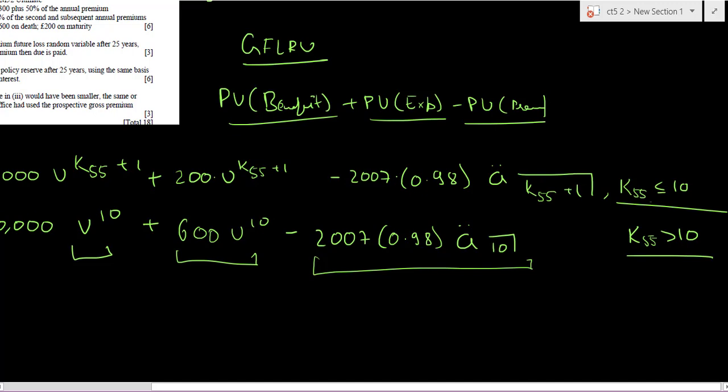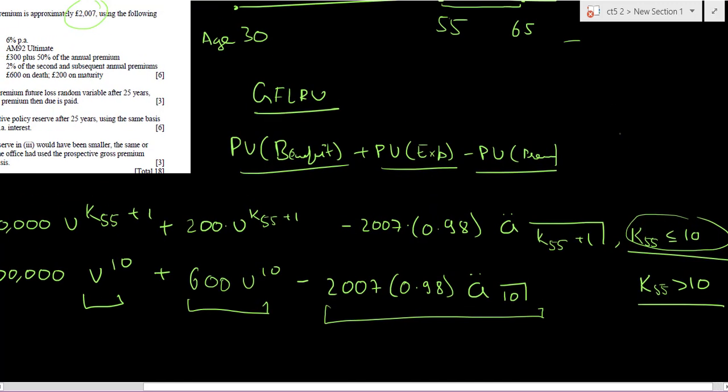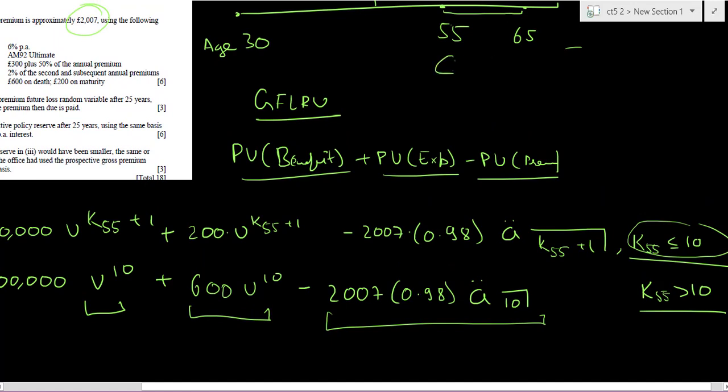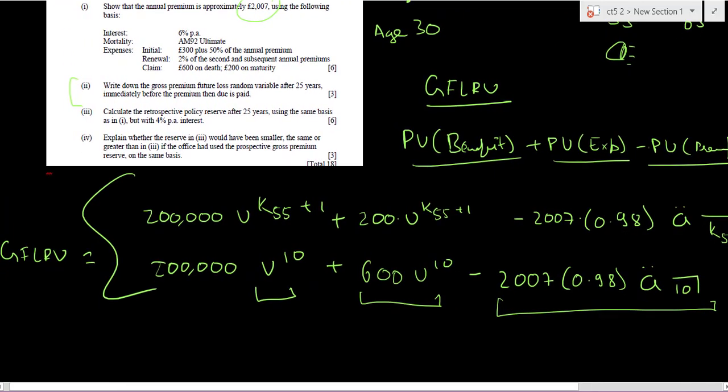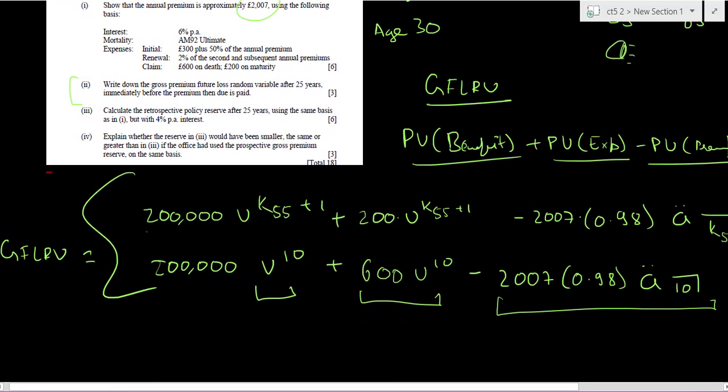So either this person dies during this duration, in that case K55, that is his current age is 55, and we are calculating it at this time looking in the future, so K55 would be less than or equal to 10, or if he survives then K55 would be greater than 10. That's quite obvious, right? Okay, so your gross future loss random variable becomes: